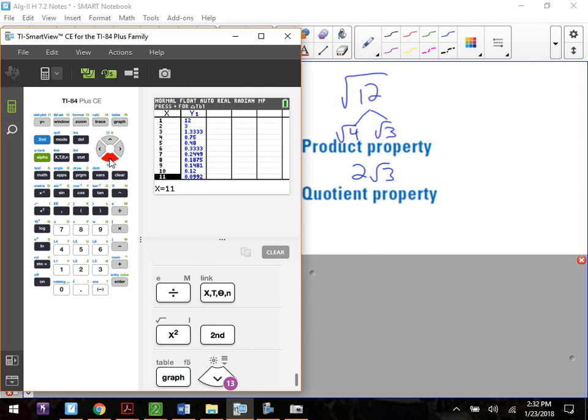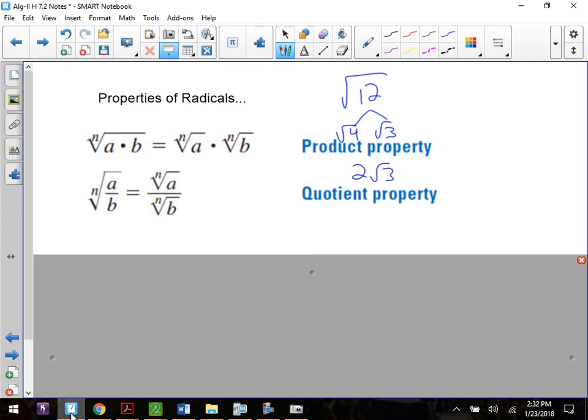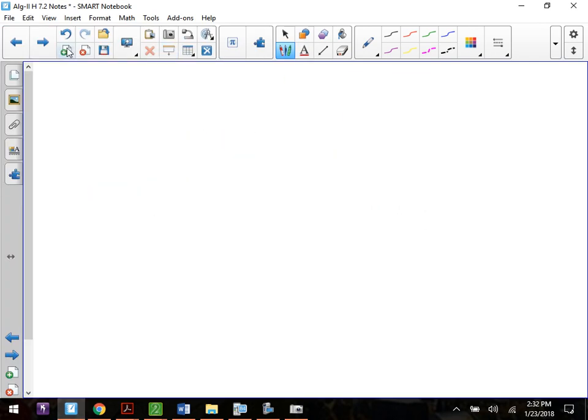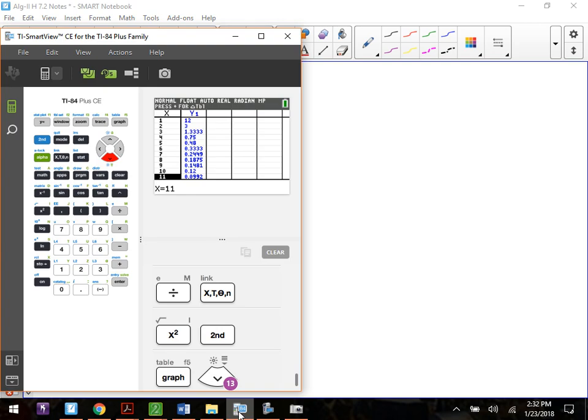So if I wanted to simplify the square root of... I want it not square root, excuse me. I want to do the cube root of 108. I know that the cube root of 108 isn't clean, but if I'm trying to simplify that and put it into what we call simplified radical form, what I can do is go to the calculator